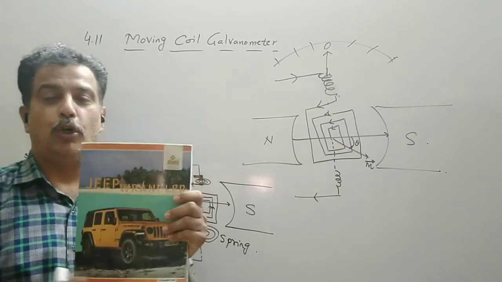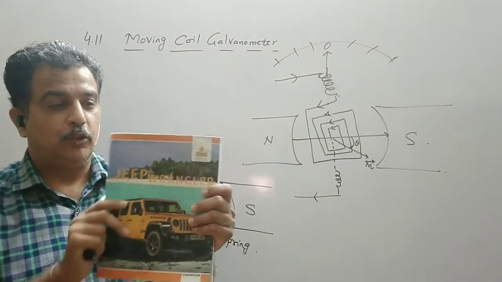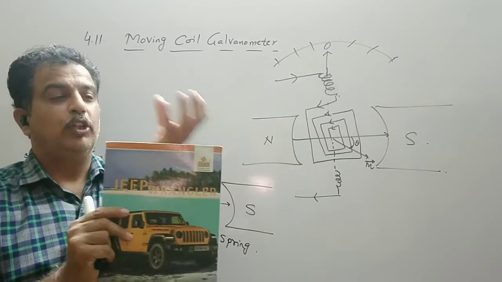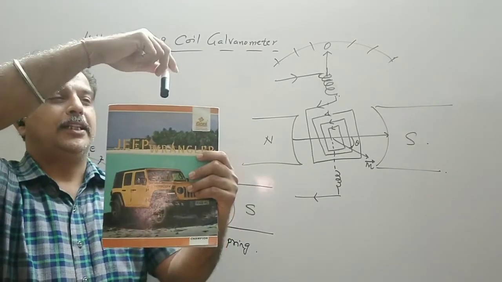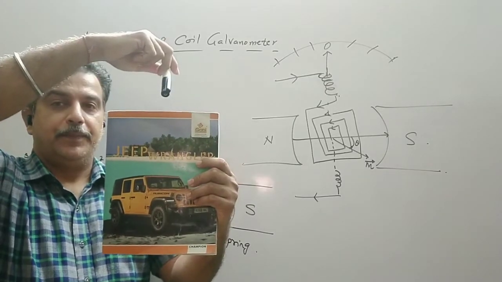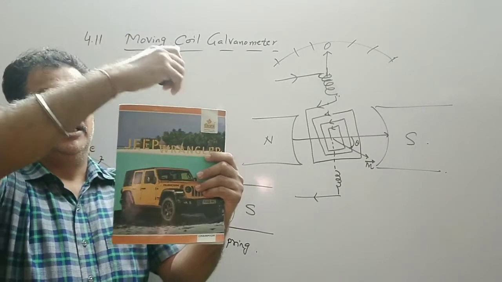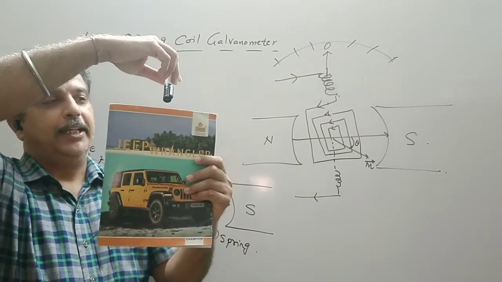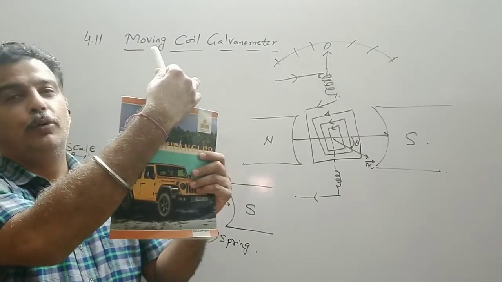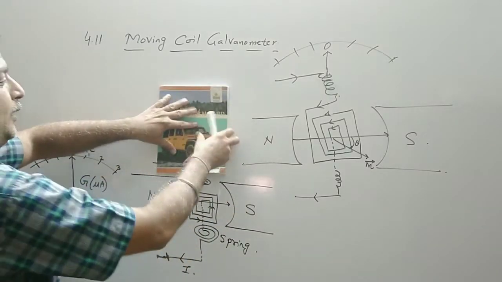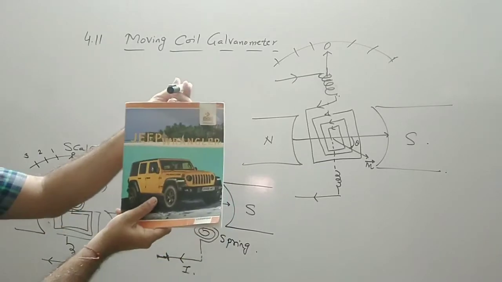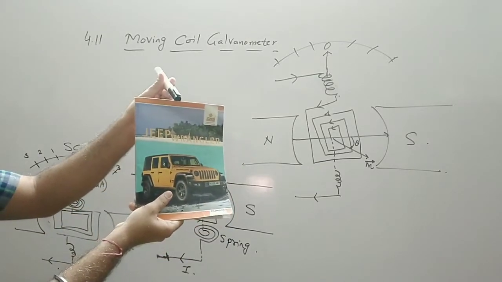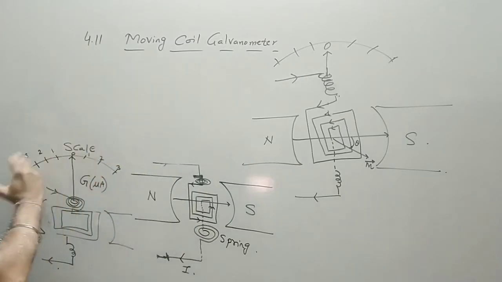So we keep a screw, we have taken a spring. As soon as it starts rotating, one of the springs is compressed and the other spring opens up. And the pointer is connected to this via a spring. So as it starts rotating, the pointer will also move. It will be a situation like this. This is a pointer. As it rotates, the pointer will also rotate. It will start showing the deflection due to the torque acting.